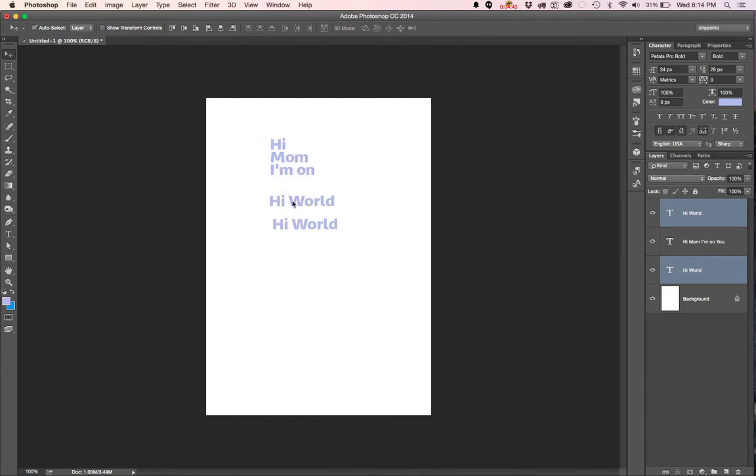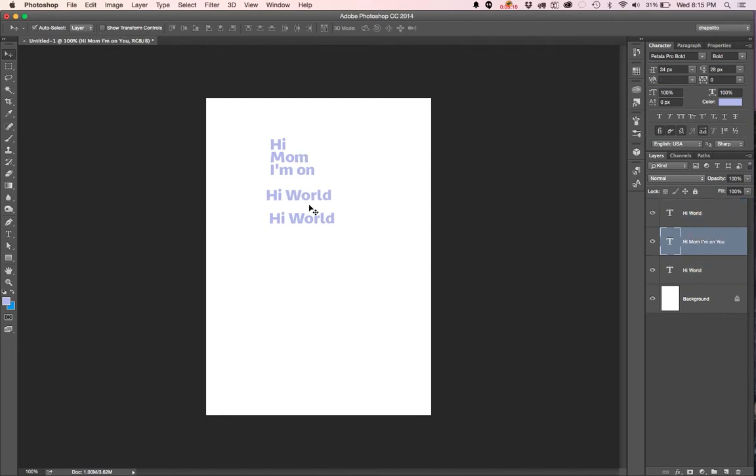But if you want to make slight adjustments, you can use the arrow keys on your keyboard. So up, down, left, right just correspond to 1 pixel movements. Now if you want to jump 10 pixels, you hold down Shift and click the arrow keys, and you can move the type in any direction. Alright, so that's the nudge and the nudge big jump. I don't know the technical term for it. But, okay, so now that you can move stuff, let's change this type up